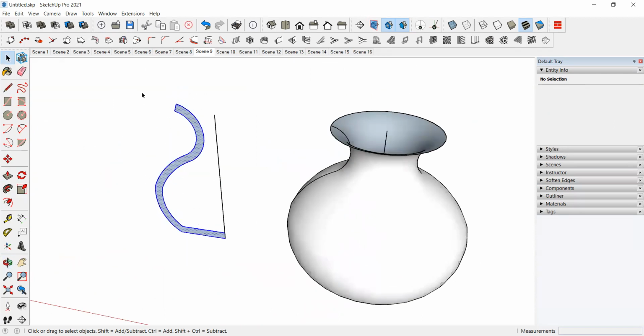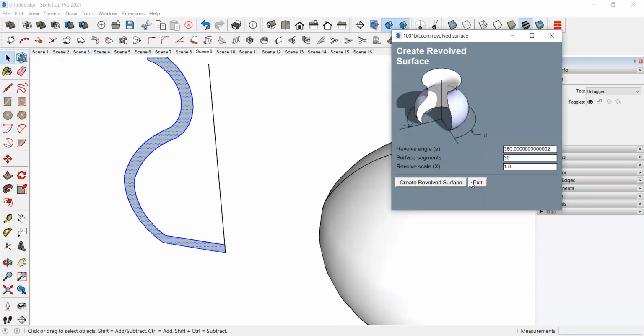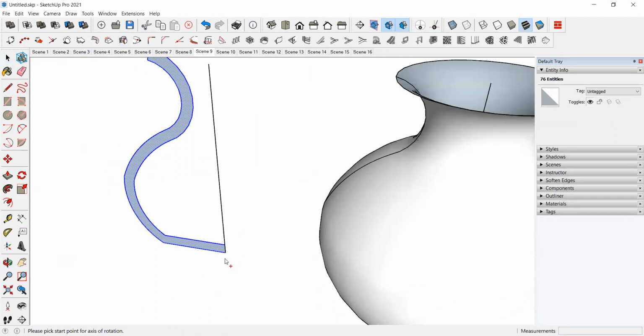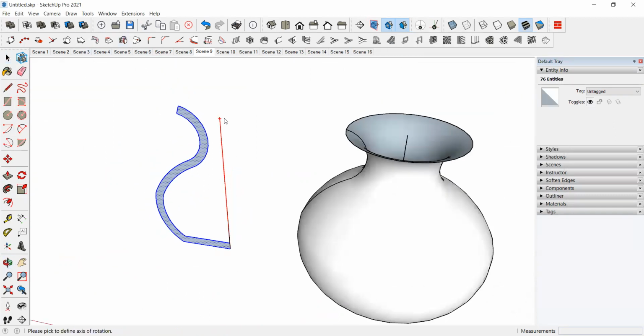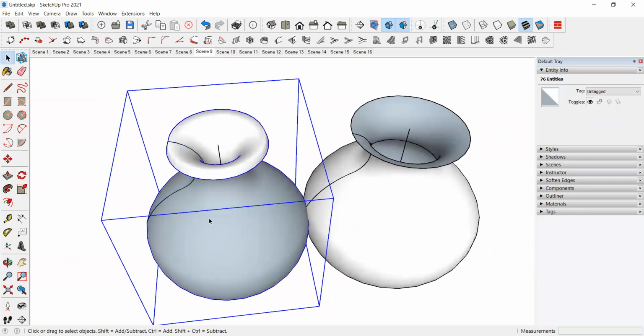So now I will select this. And I will take this tool. Okay, give the direction. Okay, in this way.